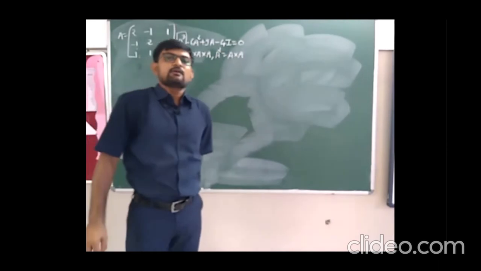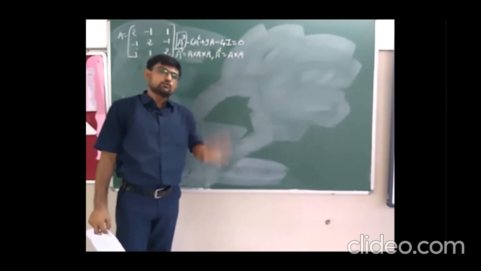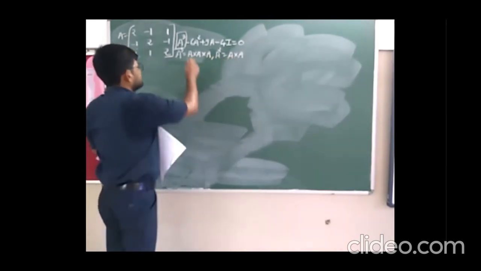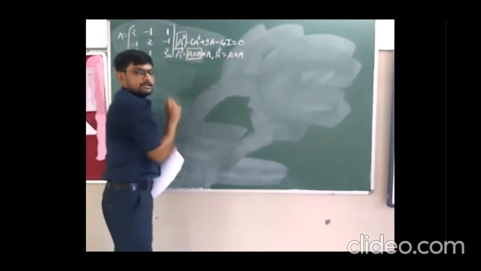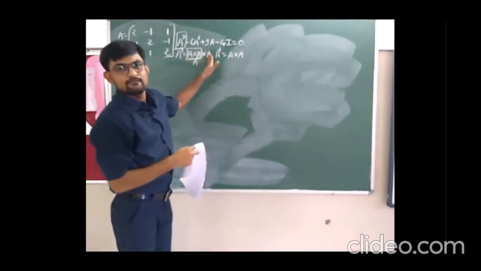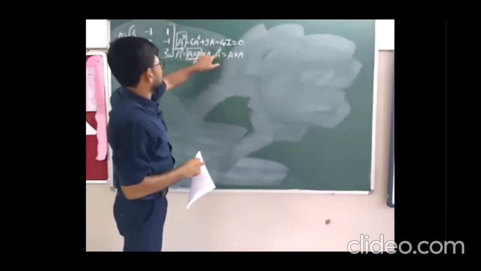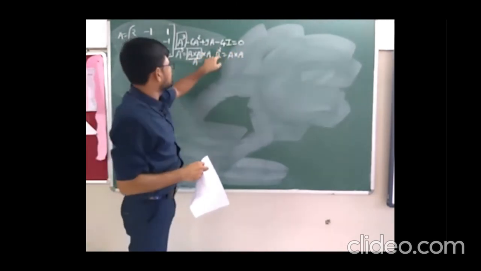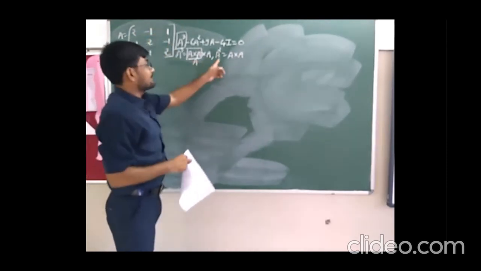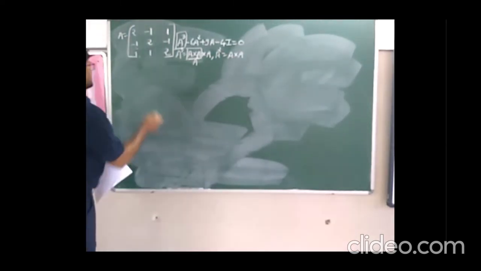Now in last lecture I have told you that in multiplication we cannot multiply more than 2 matrices at a time. So first we'll find a square, that is a into a, and after finding a into a, then you will get a square, and again we'll multiply a square into a, then finally we'll get a cube. So meaning of a square is nothing but a into a. That doesn't mean square of 2, square of minus 1, square of 1. Okay, it is wrong impression. A square is a into a. Is it clear? Okay. So now let's start the solution.